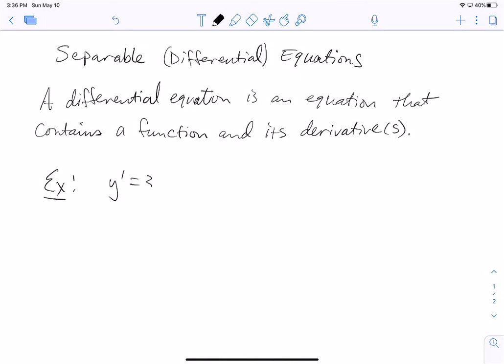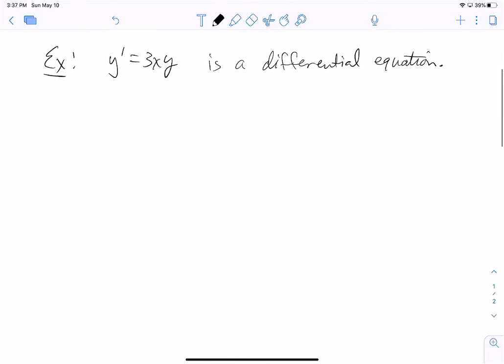y prime equals 3xy is a differential equation. We have the function y, and we have its derivative y prime. Our goal is to get an explicit expression that defines y without referencing y prime in it. Given an equation that looks like this, the first thing we're going to do is write it in Leibniz notation. dy/dx is equal to 3xy, and then use the fact that first derivatives act like fractions to get everything